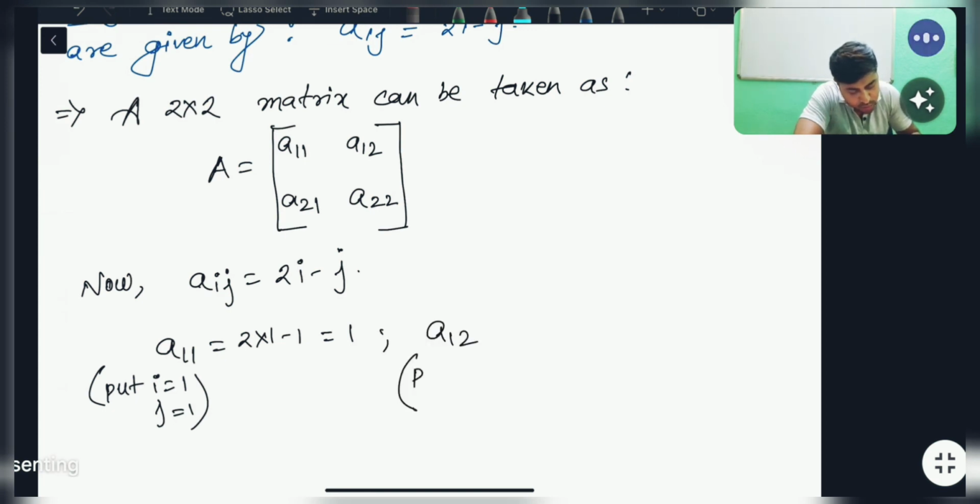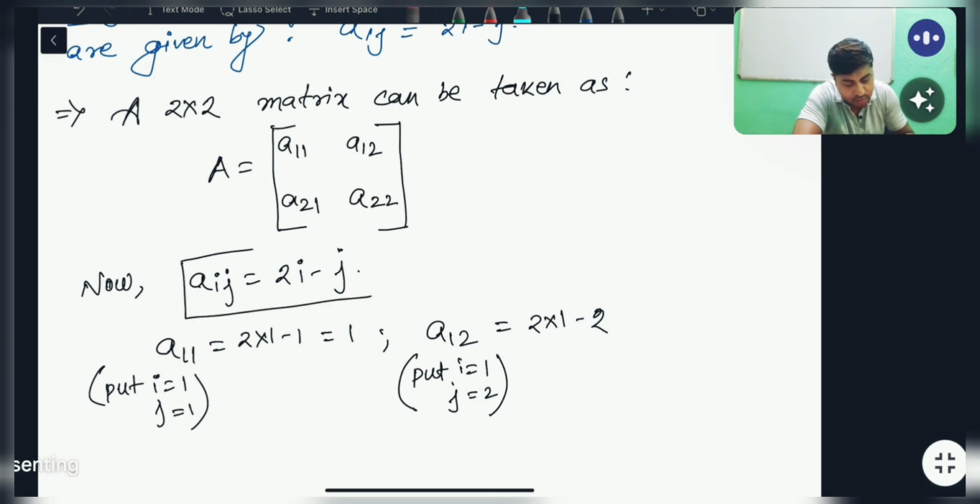a12 means put i equal to 1 and j equal to 2, i equal to 1 আর j equal to 2 পুট করবে, that means 2 into 1 minus 2। অ্যাকর্ডিং টু দিস রুল, যে রুলটা আমার গিভেন আছে, বক্স করছি, সেই রুল ওয়াইজ আমরা i এর ভ্যালু 1, j এর ভ্যালু 2 পুট করব। 0 is coming।